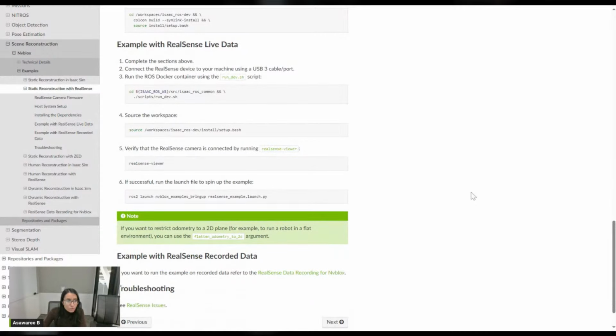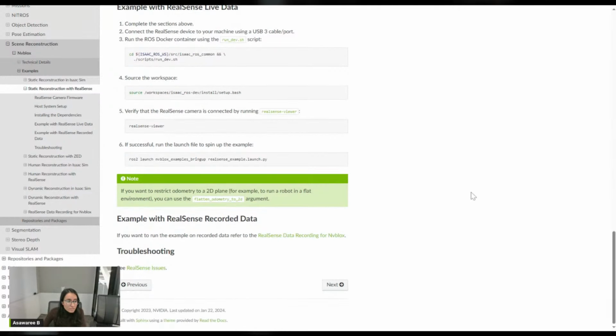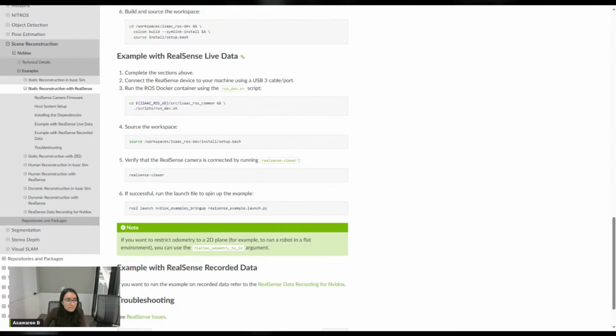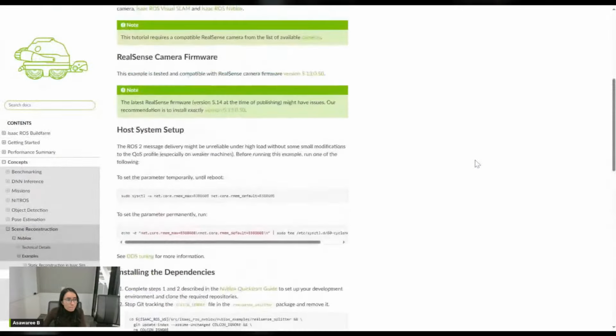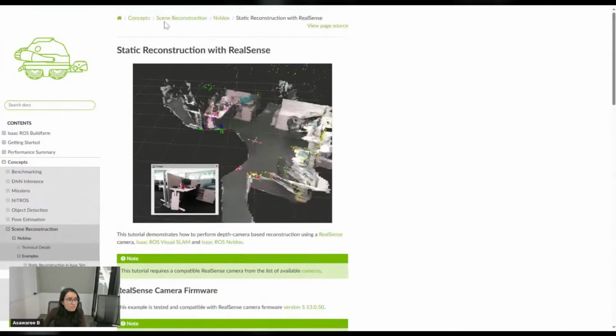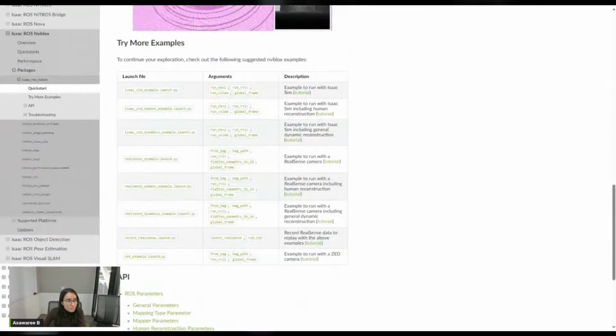You can do two things here. You can either record the RealSense data and then play back the ROS bag and then run Nvblox on it, or you can do it live as well. So both ways of doing it, I think, are provided here. Towards the end, you have an example with RealSense recorded data, and then this is the RealSense live data version as well. So this is the RealSense example. Let's go back